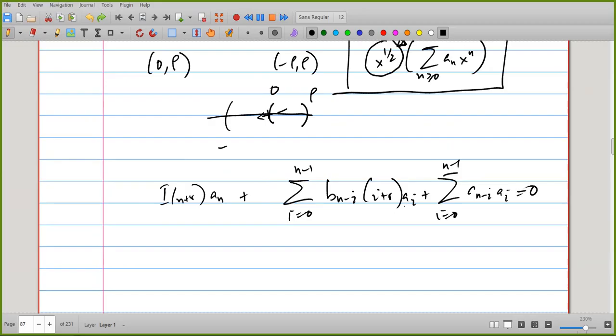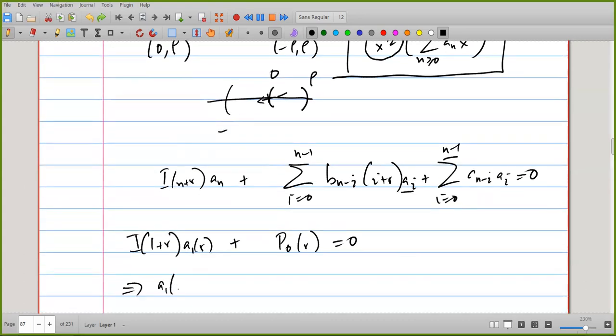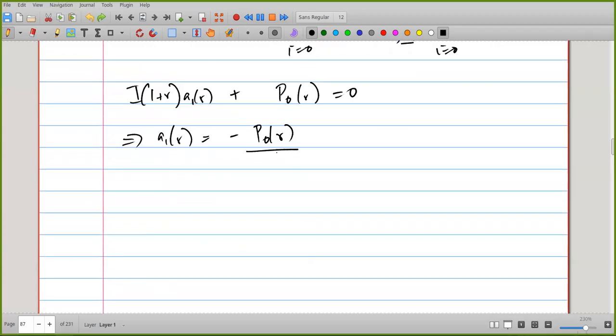Now, a quick answer to your question is that already the ai contains the denominator. Let's just look at some examples, and that will make it clear. When I put n equal to 1, I get a1 of r plus some polynomial, which I write as p0r, equal to 0. So this implies that a1 of r is equal to minus p0 of r divided by I of 1 plus r. Now the equation for 2 is going to look like a2 of r